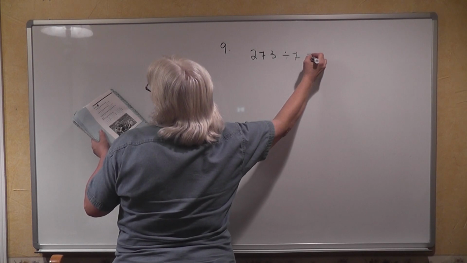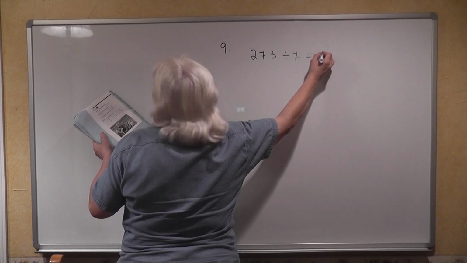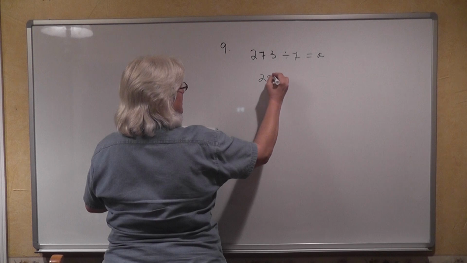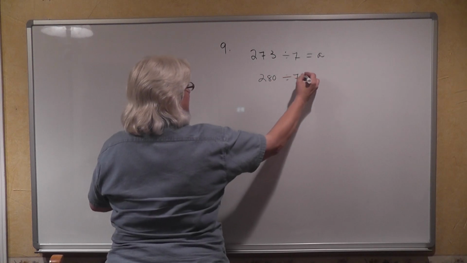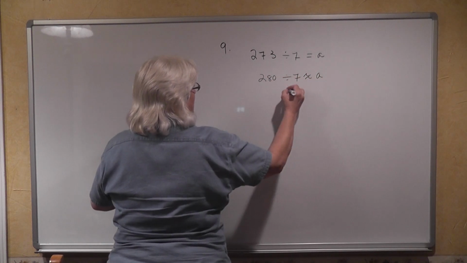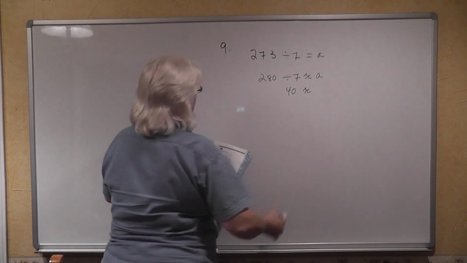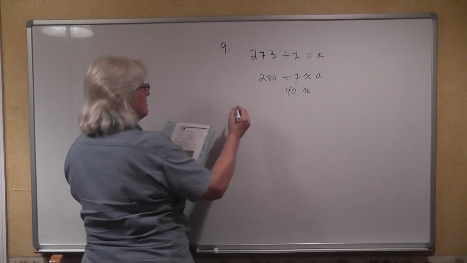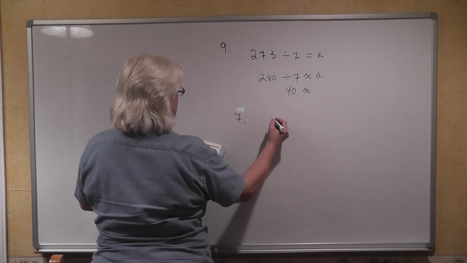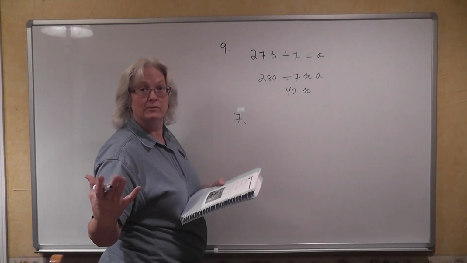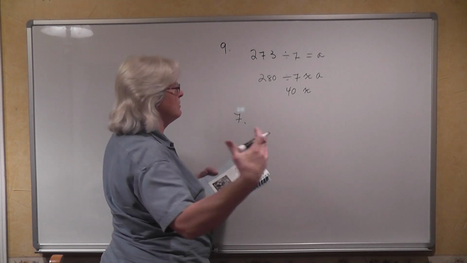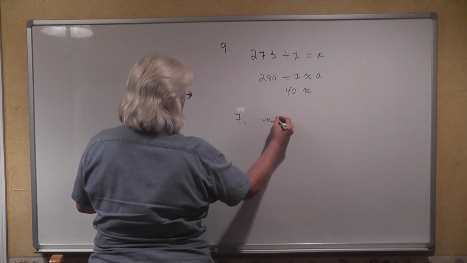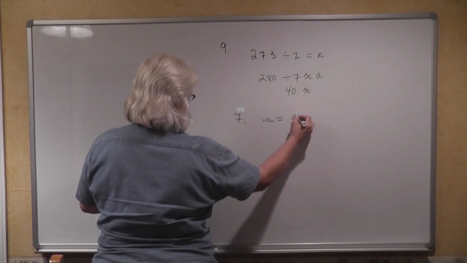is equal to A. You know what? I know what I did. My eyes skipped. We said that this one was 280 divided by 7. And that was going to be 40. I think I said that this was problem number 7. It's not. It's problem 9. Problem number 7 was, and that's the disadvantage of doing a video, because you guys would have told me, no, that's problem number 9, that's not problem 7. 7 said n is equal to